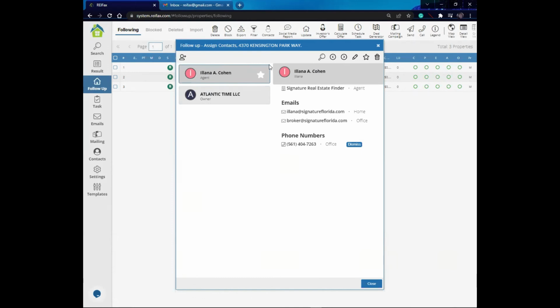The system will automatically put a little star next to the agent, because for properties that are active for sale, the main contact will be the agent. And for properties that are not for sale, the main contact will be the owner. In properties that are probates, for example, the main contact will by default be the attorney. So I'm going to delete all this information